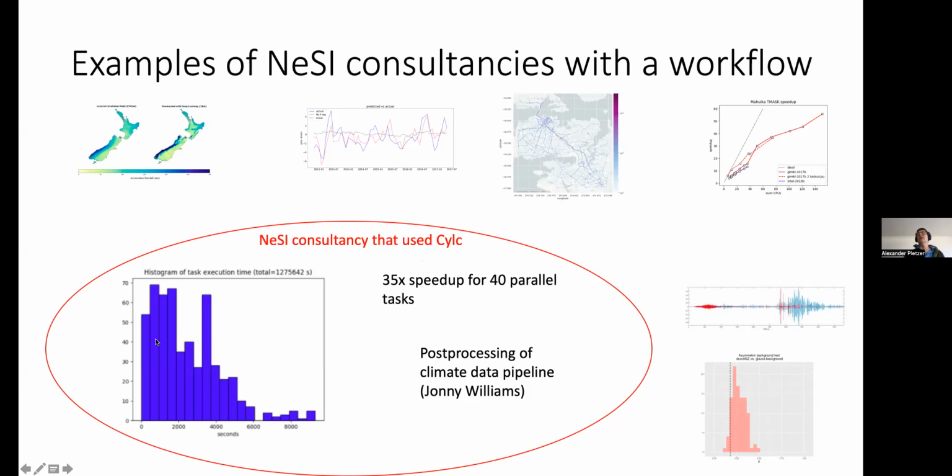This is the one that is underlined here, but you can see the jobs and their execution time. And you can see that they're all over the place. Some run very, very fast and some take a long time. This was a scientist who was doing post-processing of climate data, and had to wait for a week, essentially, to see his statistical results emerge, like the increase of global temperature and things like that. And that was, of course, taking way too long.